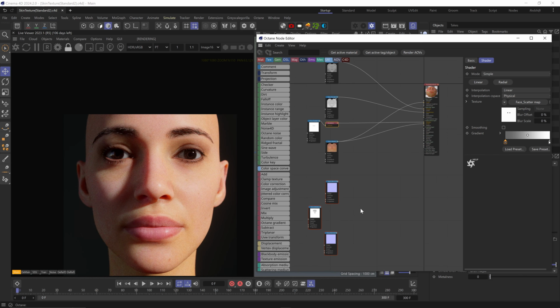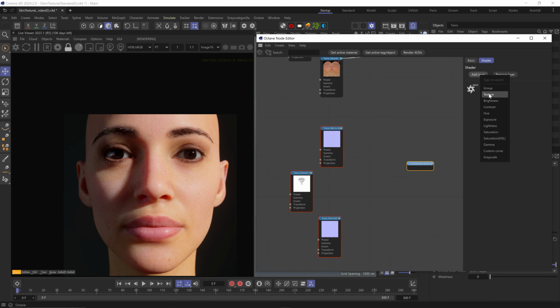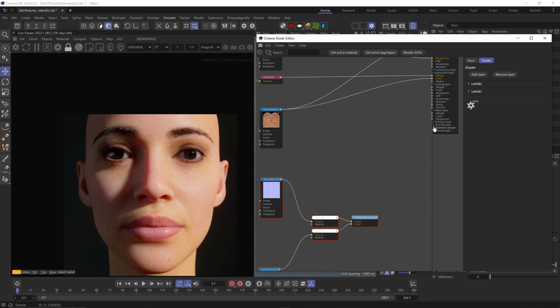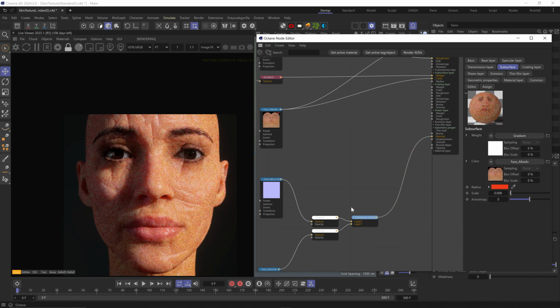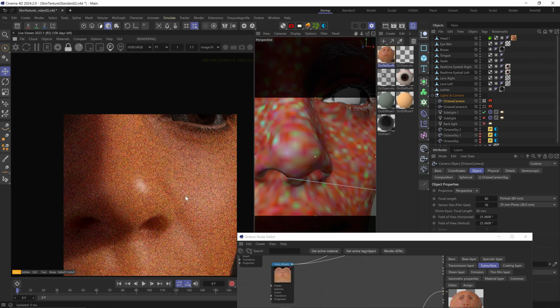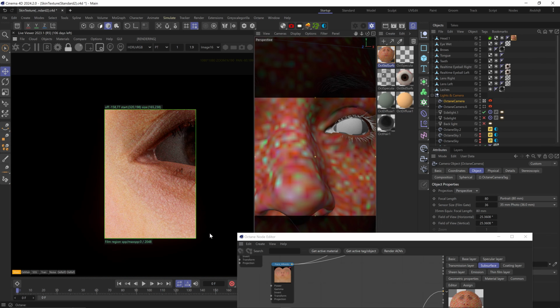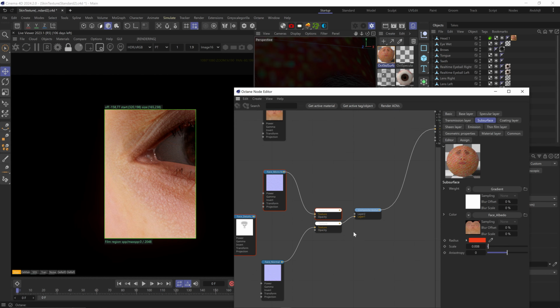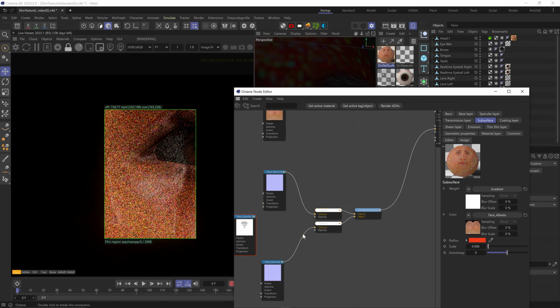Okay, let's add a composite texture with 2 texture layers and mix these normal maps together. I'll plug this into the normal channel. And okay, let's unplug the top layer first and zoom in here. So the bottom normal map is the base normal map that is mapped onto the whole model with all the base details. Very beautiful. And the top layer is the micro normal map, which is way too big now, so